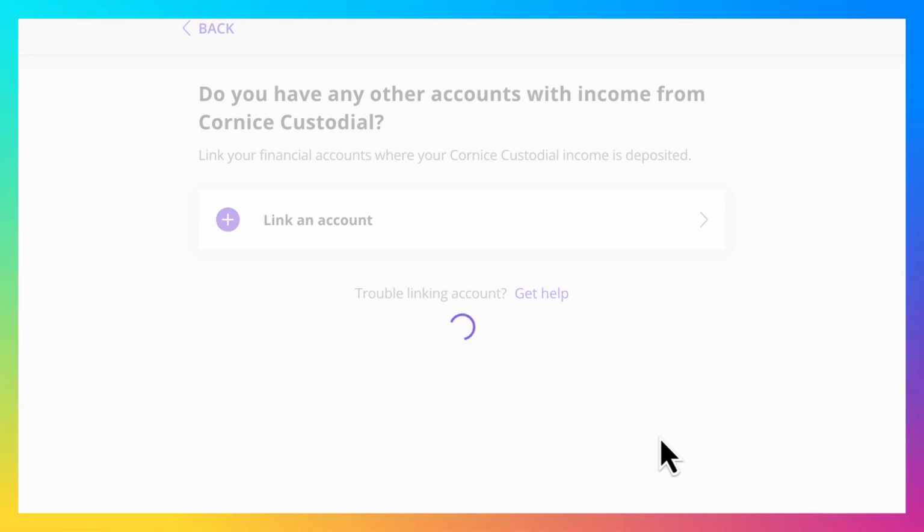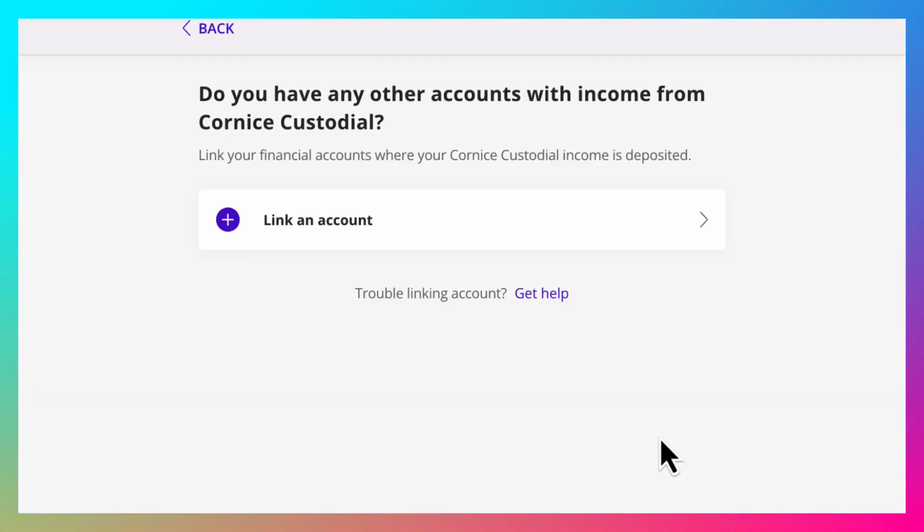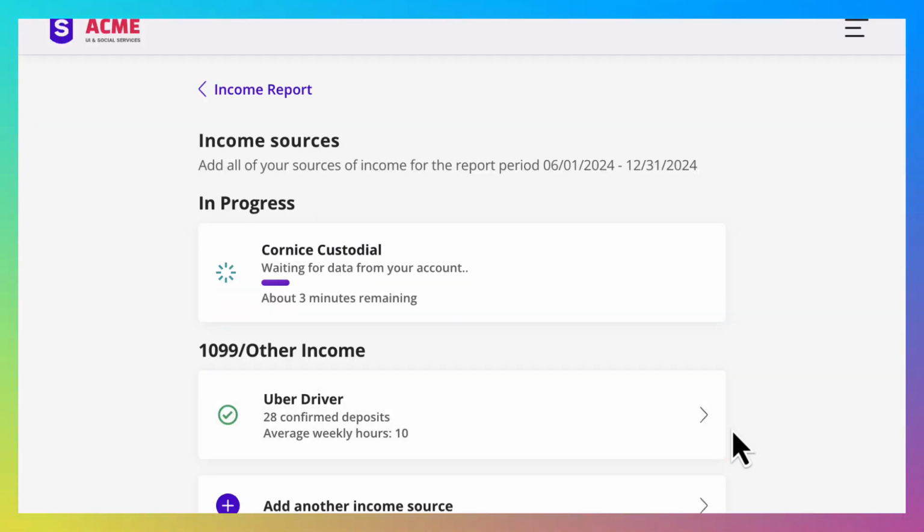So right now the data from Chime is being pulled down. It's being cleaned, enriched, analyzed. It's being organized and augmented and grouped into different types of income so that it makes it easier for the user to go through the process. So they're done connecting their account. The next step is as that process continues,